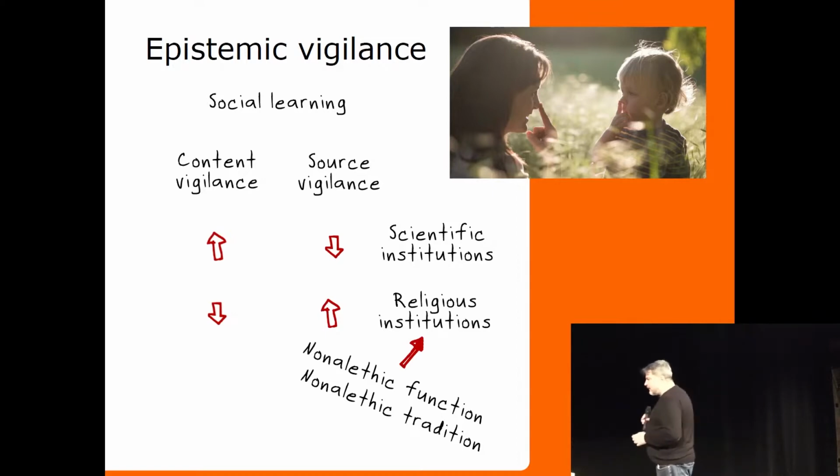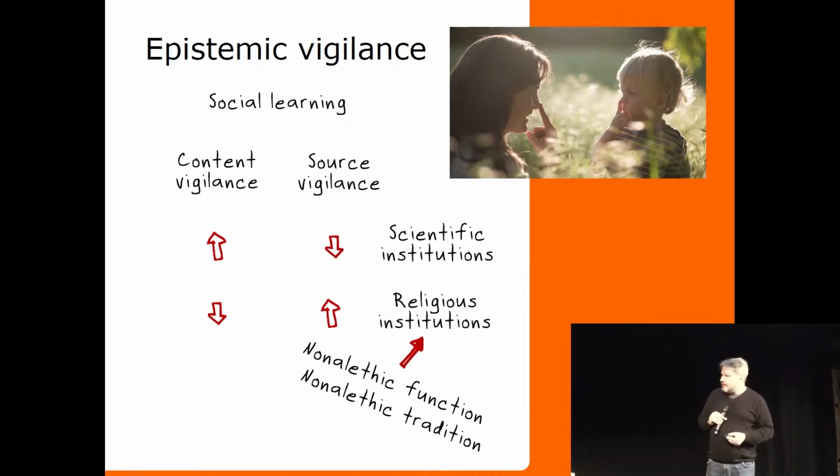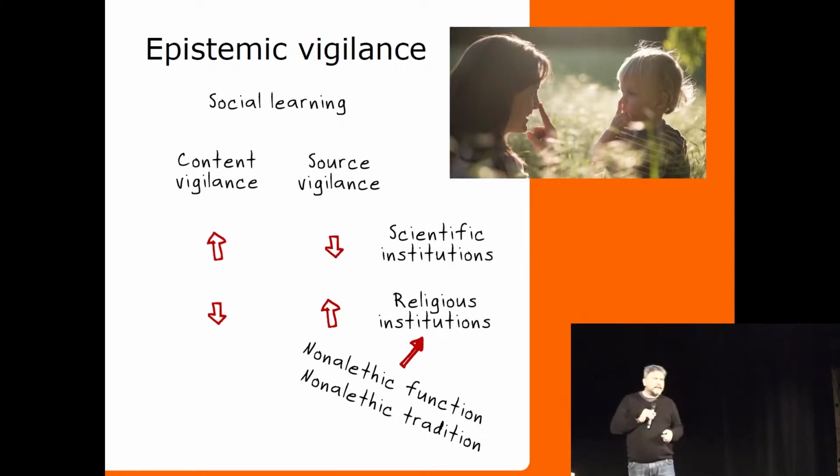Right? But that's the idea with scientific institutions, whereas with religious institutions, the context tends to make people focus on source vigilance. Who is telling me this? Is this someone who is an authority in my community? Is this someone who performs appropriately to someone in my religious community? Okay? The point being that these differences are not arbitrary, they're not coincidental, they're actually connected to the very different